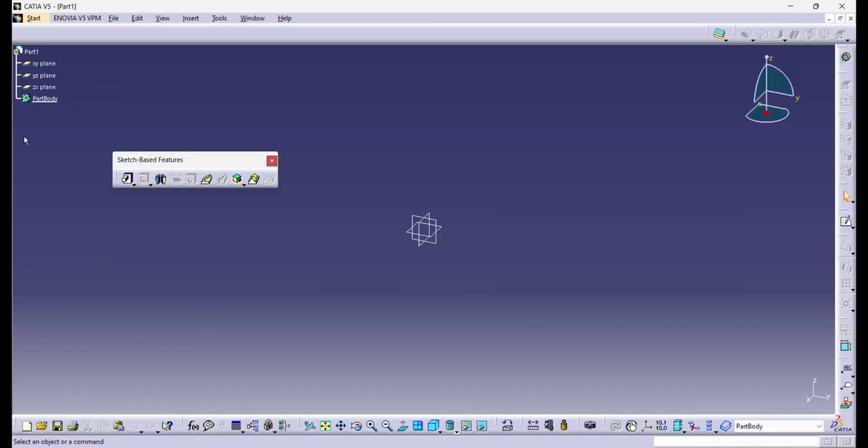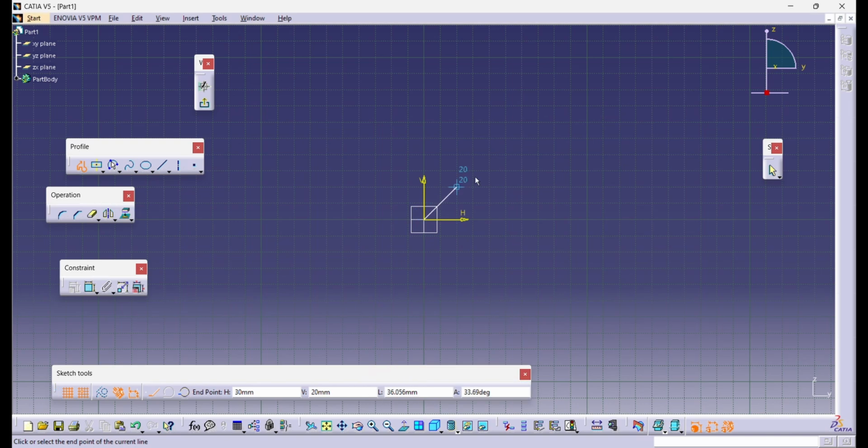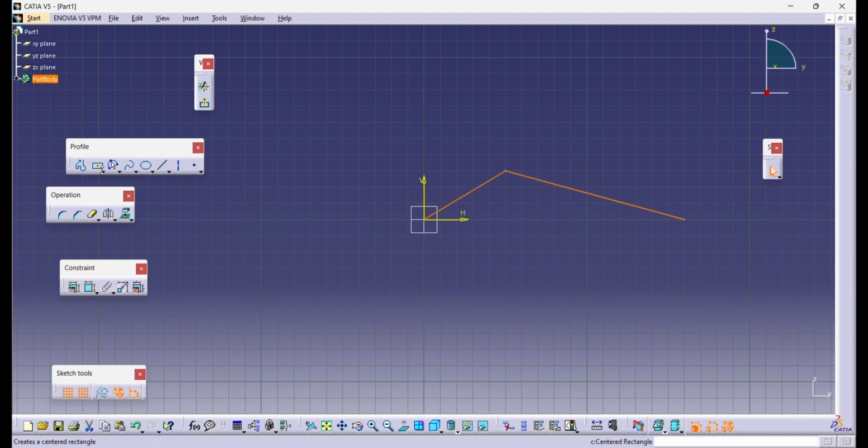Here, select the YZ plane and then select the Sketcher. Select the Profile or Line tool, and draw one random diagram like this. Now again select the Profile tool. In the Profile tool, select the Rectangle. In Rectangle, select the